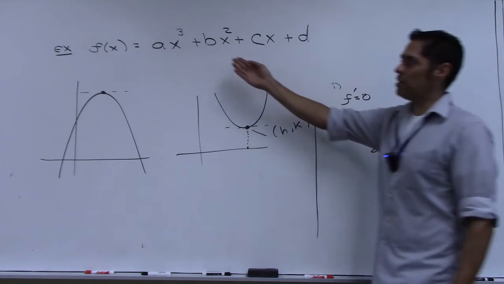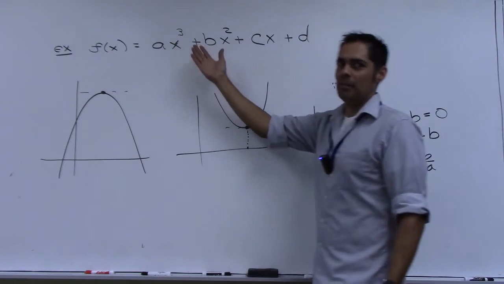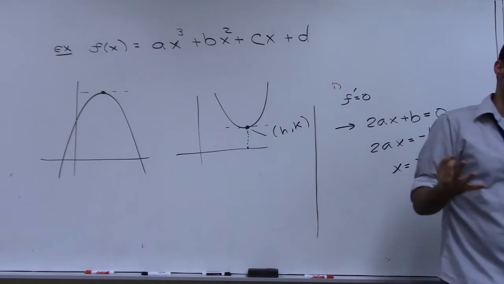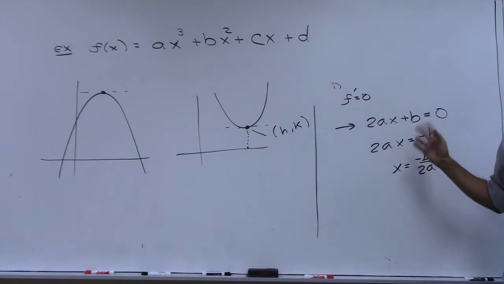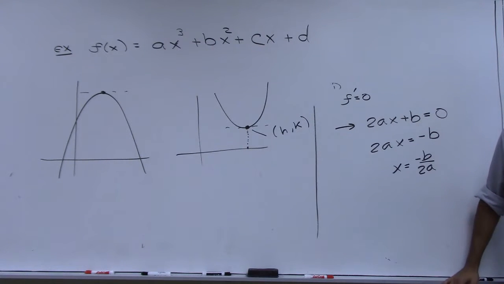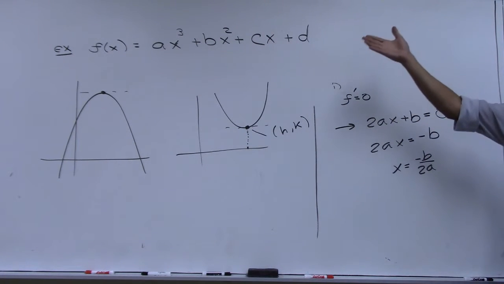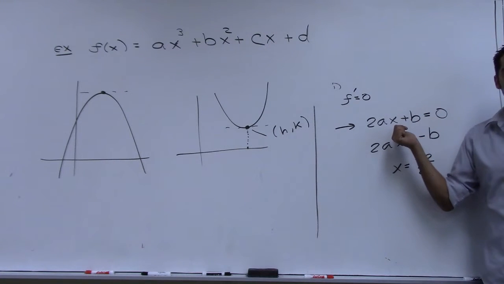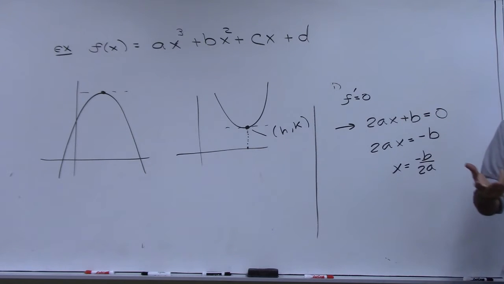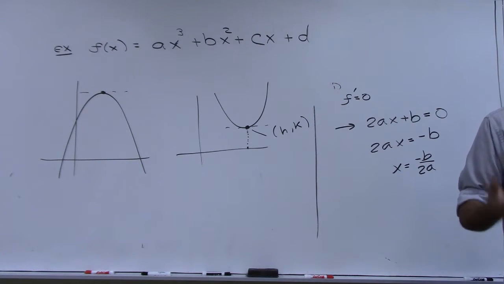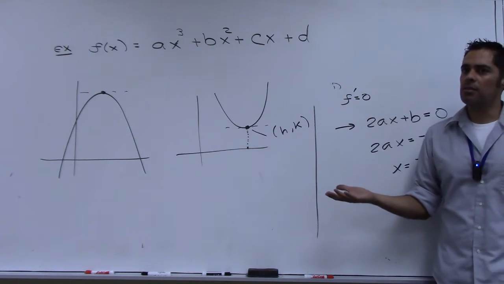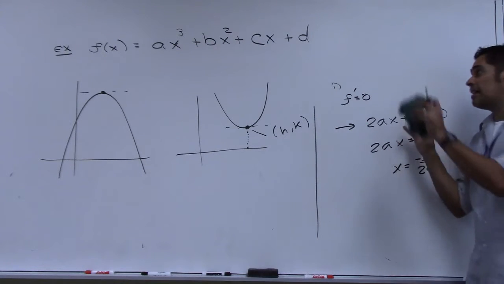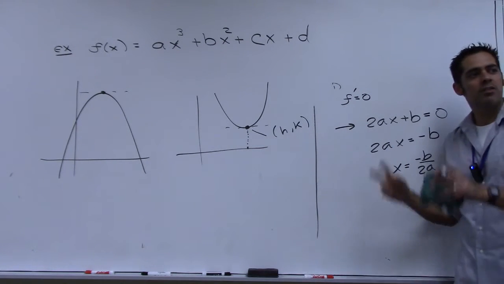What if this was a 4th degree polynomial? Well, then your derivative's a 3rd degree polynomial, and you have to set that to 0, and that's much harder. Or 5th degree, take the derivative, it'd be 4th degree. So we know it's easy to solve linear equations. For quadratics, we have the quadratic formula, right? For cubic, do we have a formula? Is there a cubic formula, like the quadratic equation?